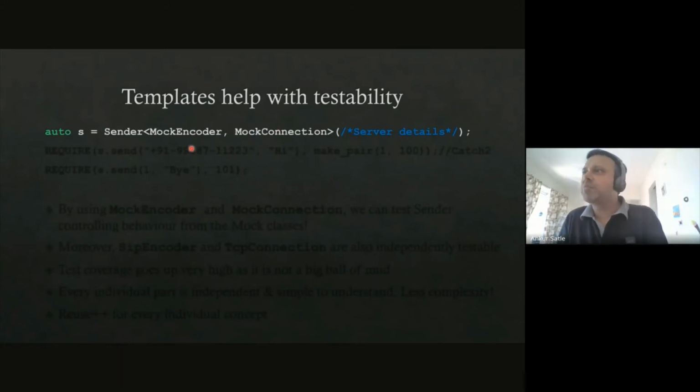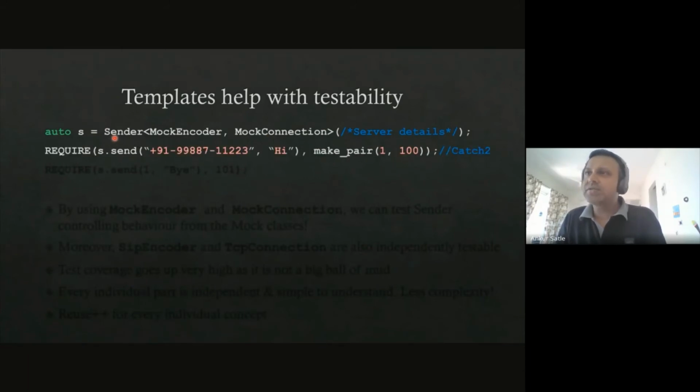How about passing a mock encoder and mock connection? This is exactly what you want in order to write test code. So now your sender class is very, very testable. And you can now say sender.send the same strings. And in the test, this is Catch2 syntax, please. You can use